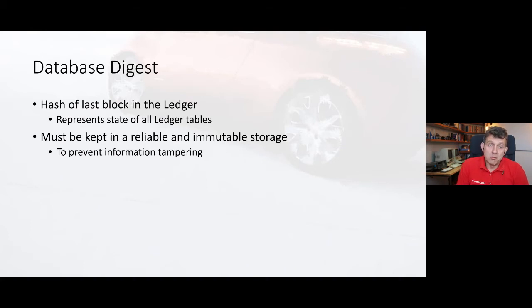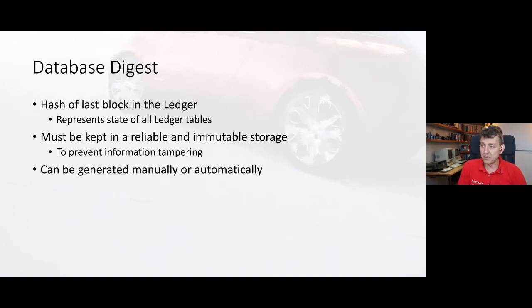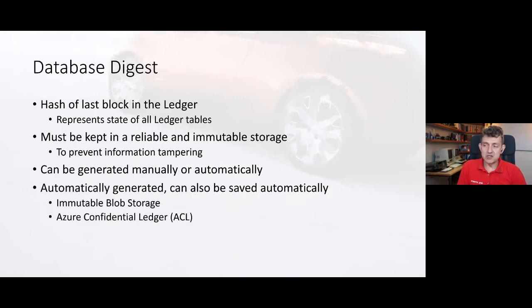Why? To prevent further tampering, because one way of tampering is tampering the data, and another way is to try and tamper the digest, the digital proof. Okay, the digest can be generated manually or automatically, as we have seen. And when it's automatically generated, you can also save it automatically, only with Azure SQL Database. And in this case, you can save it either in immutable blob storage or in Azure Confidential Ledger, which is a service,